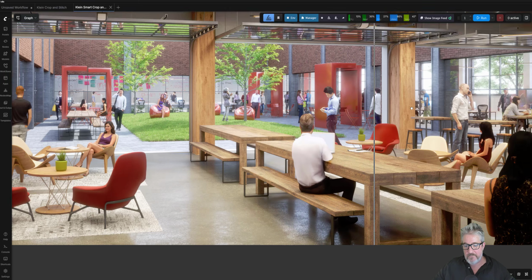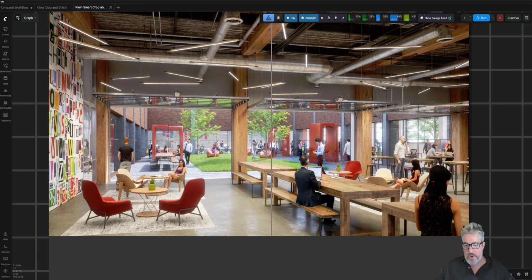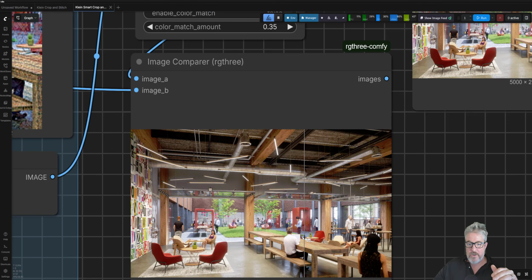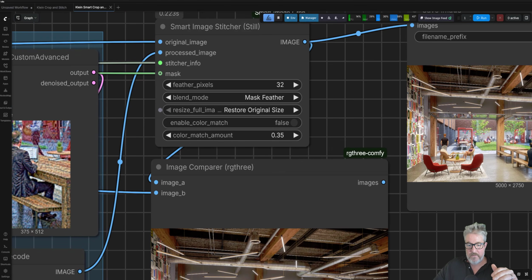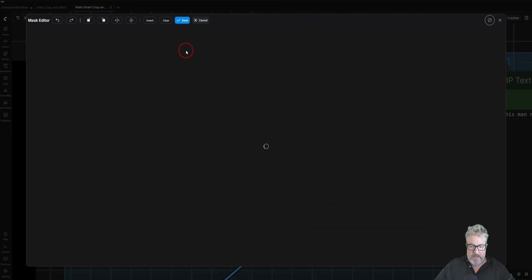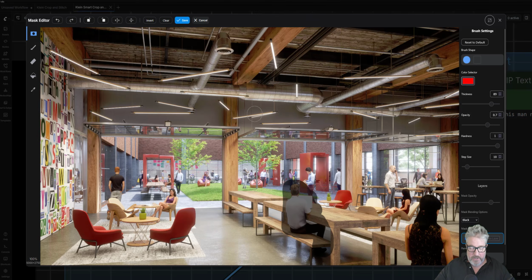But in this case, you might just want to clean that up a little bit in Photoshop and just blend it in, because it's not terrible. But there is a bit of a hard line. So you can fix that with some feathering. All right, just one more example here. We're going to click on the mask, keep that empty space, and we're going to clear that. And now I want to say,